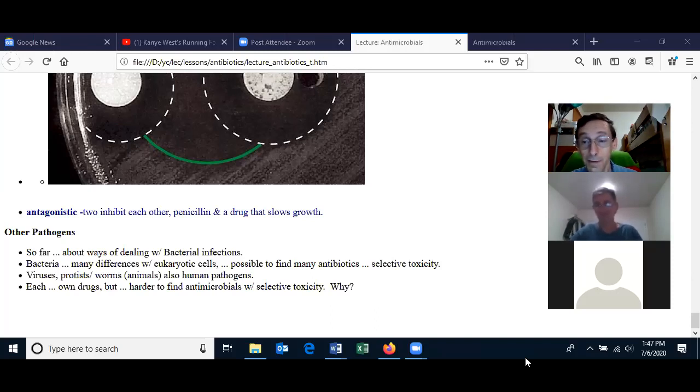And you just find the cell that will grow in, and if you can grow that cell in tissue culture, you can usually grow the virus in that cell. Okay? All right. If there's no questions, I'll see you at 2:30.